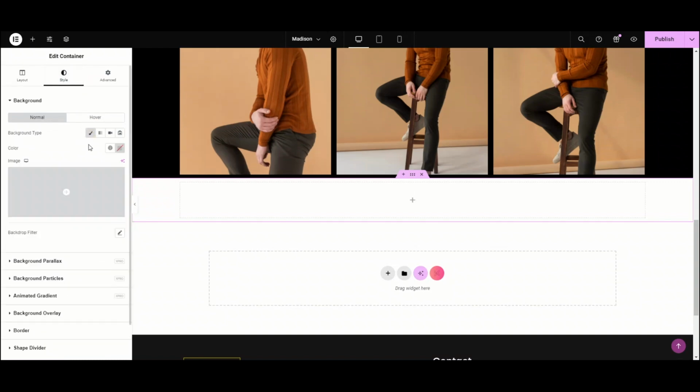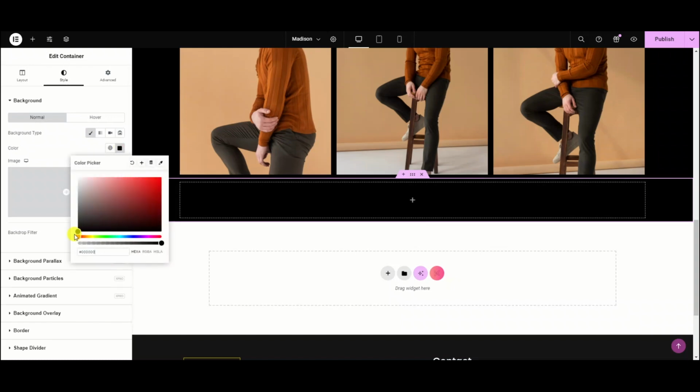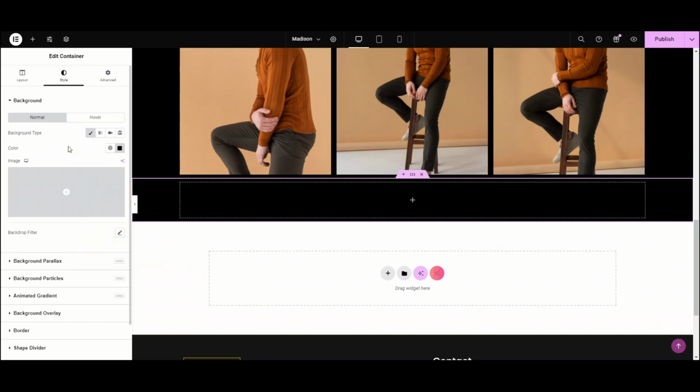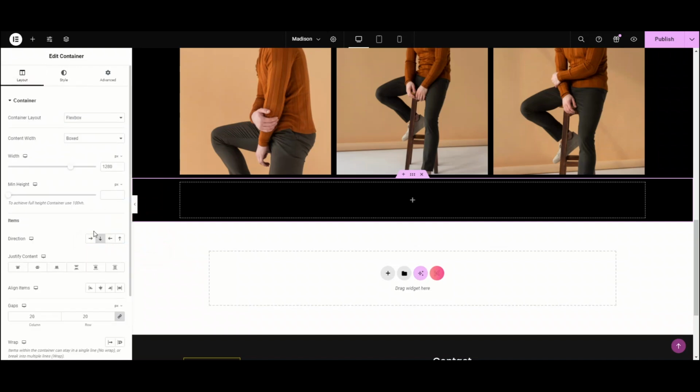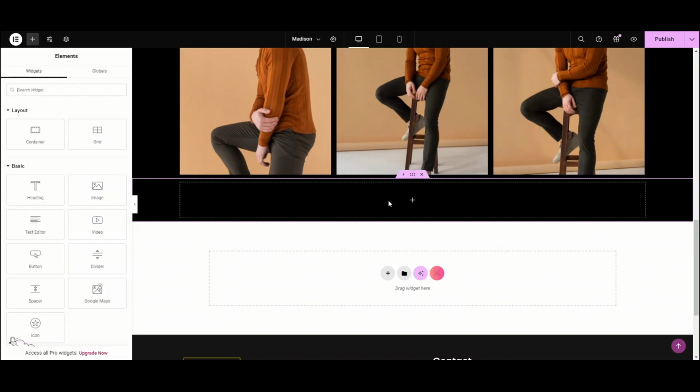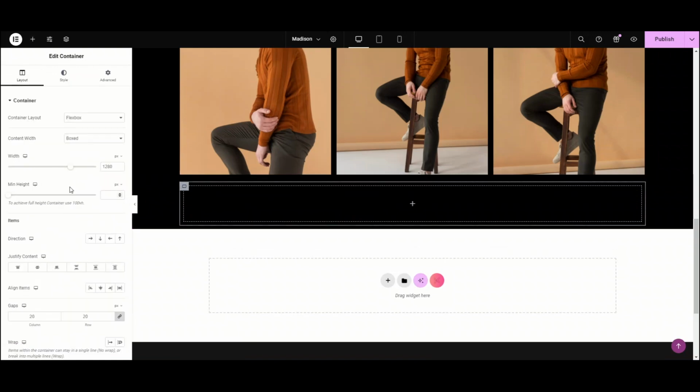Go to the styling tab. Click on the background type. Choose the color and voila! We are good to go. Now move back to the layout tab. From here, justify the content to center. Now click on the plus icon. Add one more container from this widget panel into the first container.